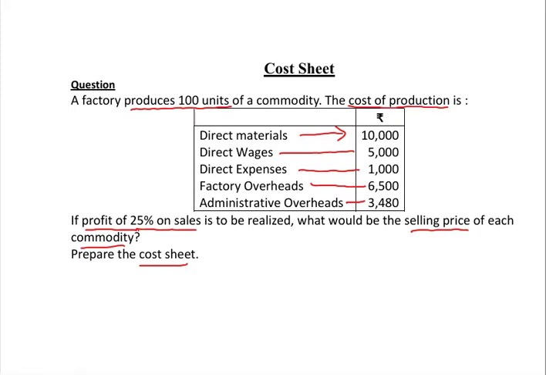So in this case, some expenditures are given. If we go through the format, the first three expenditures are direct material, direct wages, and direct expenses. Adding these three, we will get the prime cost. In that prime cost, we will add the factory overheads. We will get the work cost. To that, we will add the administration overheads. We will get the cost of production. In this question, selling expenditure is not given. In the absence of information, the cost of production will be the total cost. In that, the profit element will be added. We will get the sales. So the solution will be